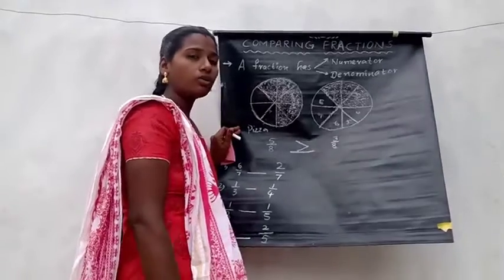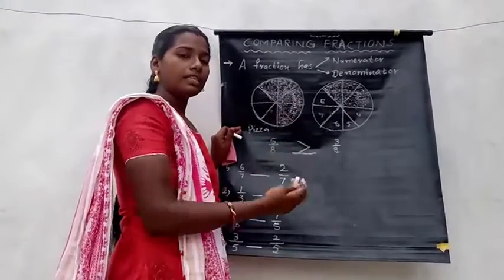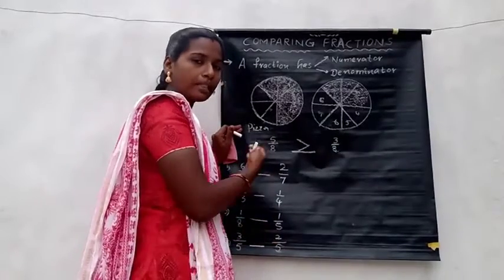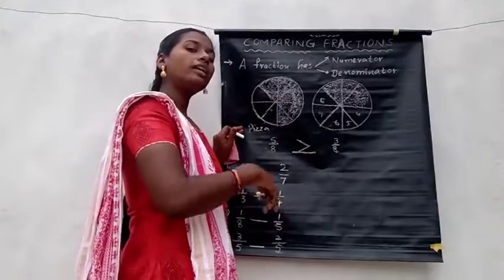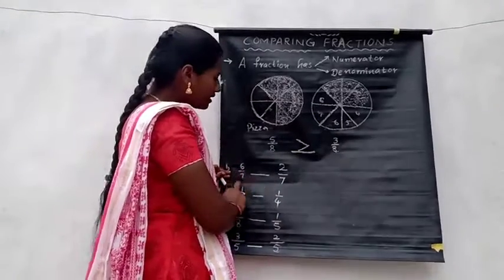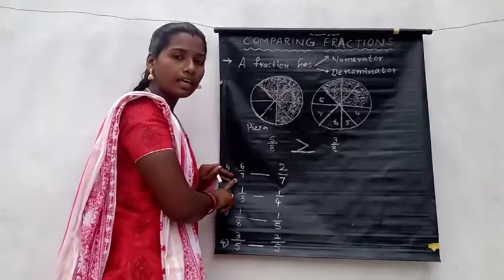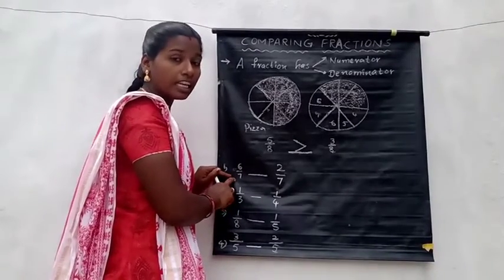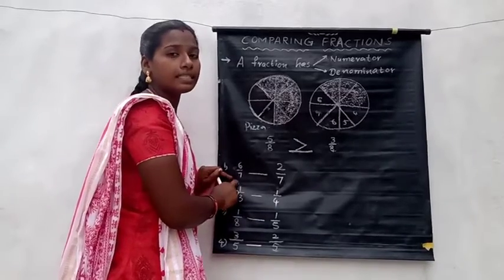Okay teacher, you have explained with the help of pictures. So how can we compare all these fractions, you will ask me. In this case also you can draw pictures. See here, Nana, 6 by 7 and 2 by 7. The numerator is showing 6 and the denominator is showing 7. The denominator always indicates the whole parts in a fraction.